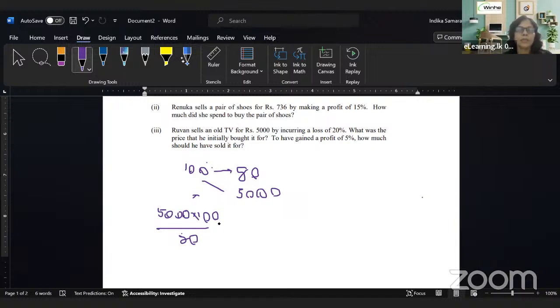He has bought it for 6,250. 6,250කට තමයි එයා අරගෙන තියෙන්නේ. හරි? ඒක තේරුණාද? අපි 100කට ගත්තා නම් 20% loss එකක් නම් එතකොට 100 එකක් නම් 80ට විකුණුවොත් තමයි 20% loss එකක් තියෙන්නේ. හැබැයි විකුණලා තියෙන්නේ 5,000 වලට. එහෙනම්